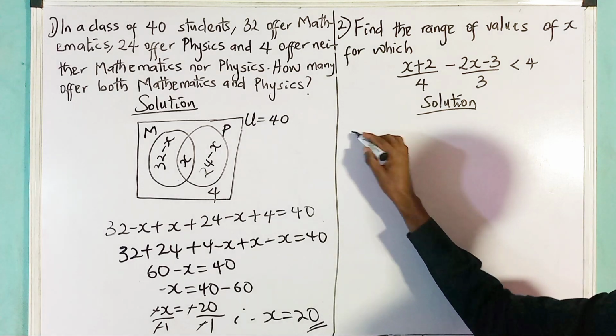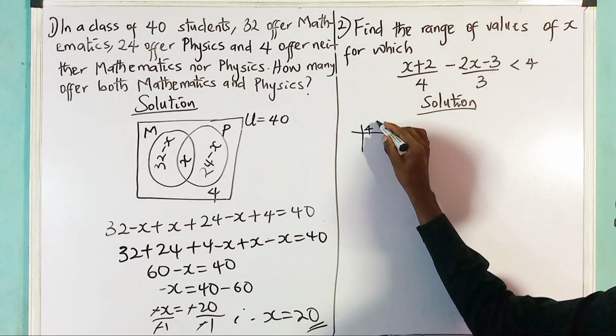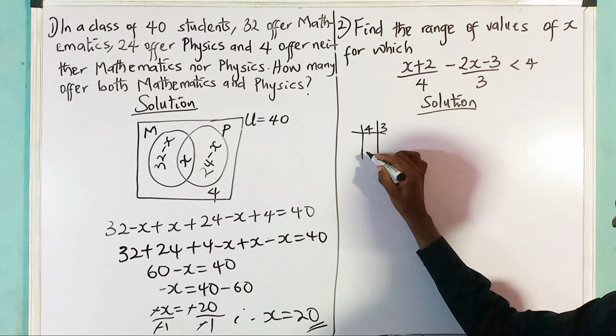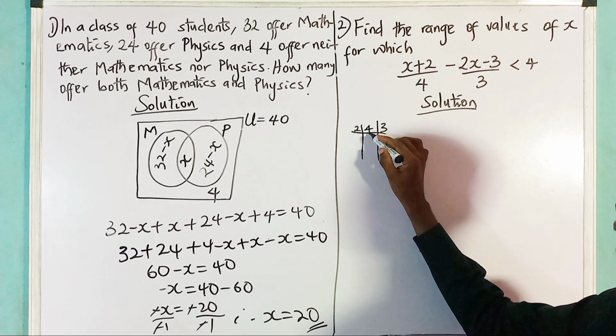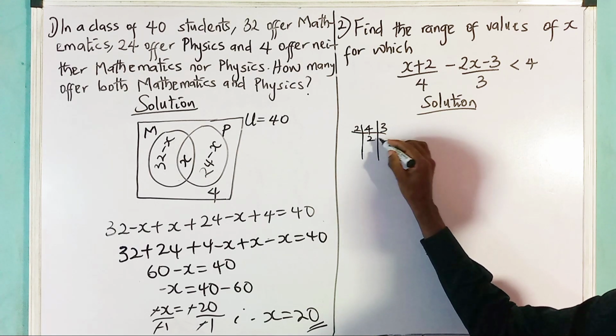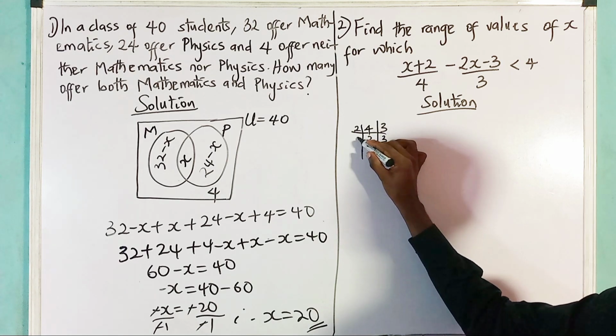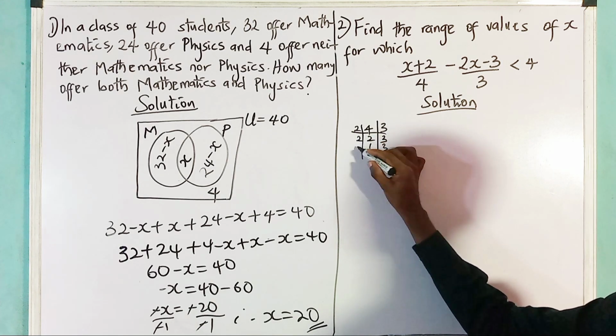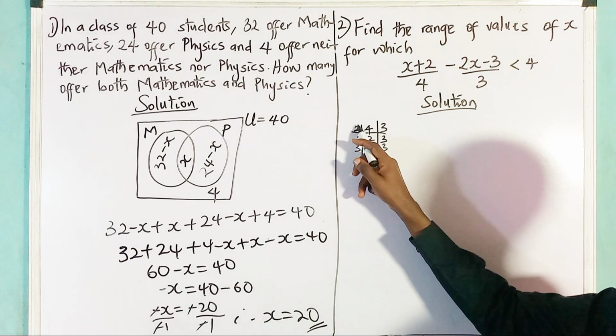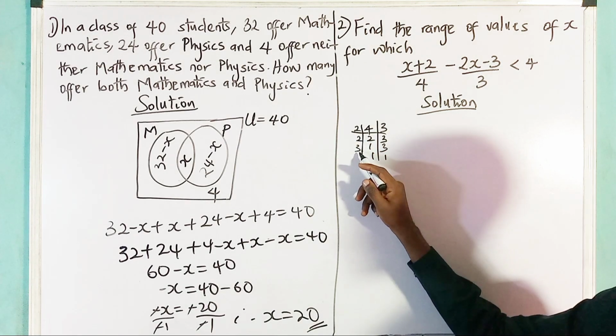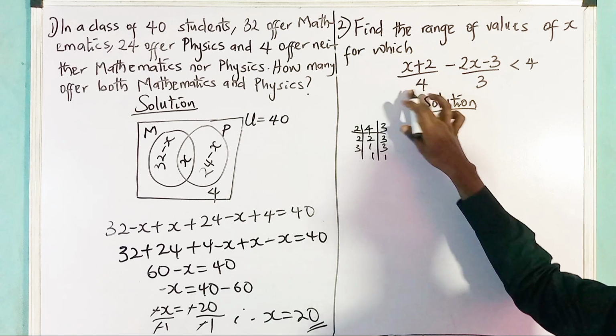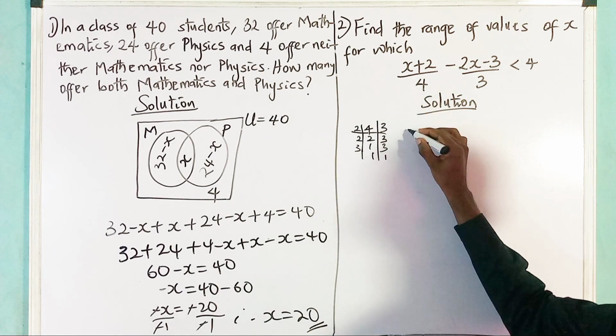The LCM of 4 and 3, this is how I look for LCM. This is 4 and this is 3. So what can divide 4 is 2. 4 divided by 2 is 2, and then we just write 3. Still use 2, 1, 3, then use 3, 1, 1, right? 2 times 2 is 4. 4 times 3 is 12. That's the LCM. So multiply each of these terms by the LCM. Now we have